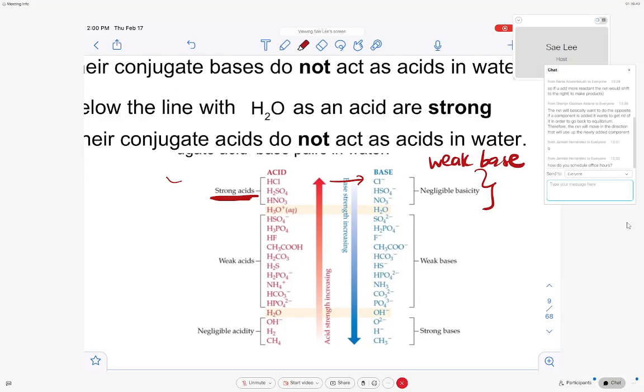These acids above the line with water as a base are strong acids, and because their conjugate bases are weaker bases,